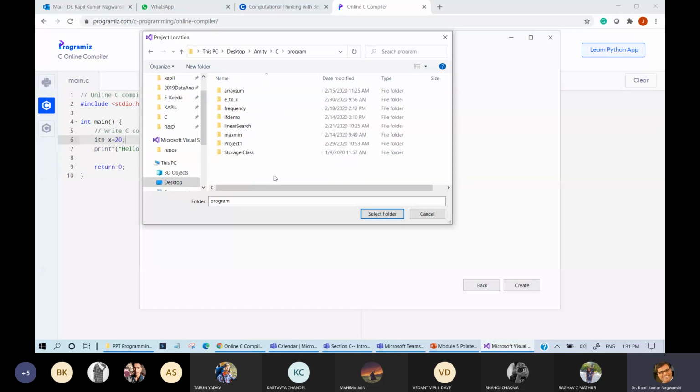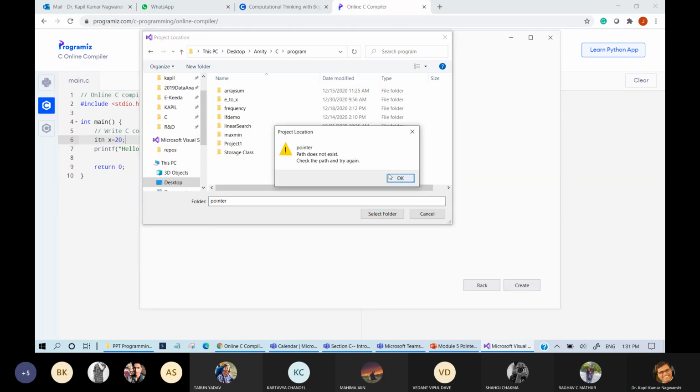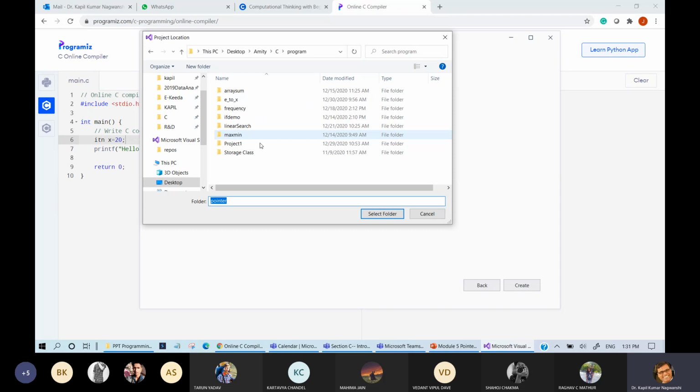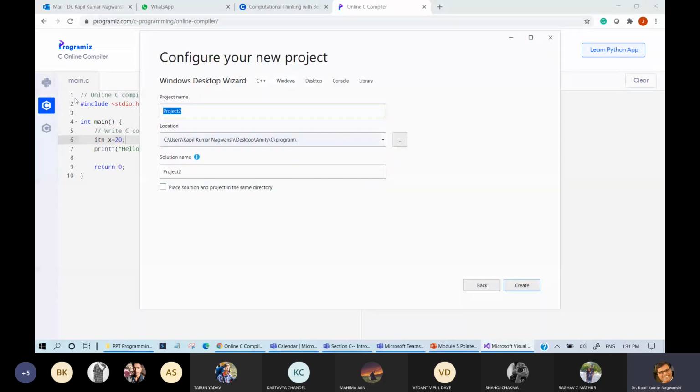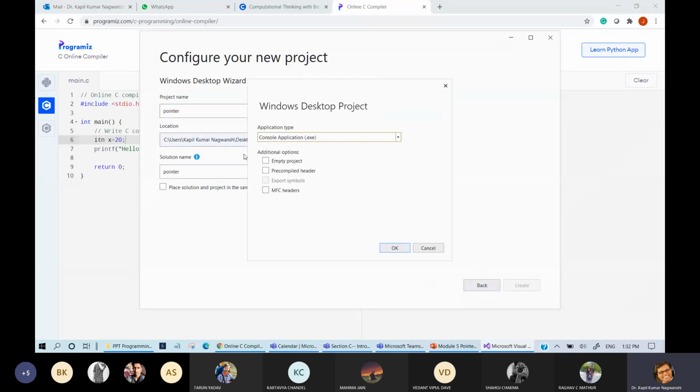This is our program, and the name of project is pointer. Okay, actually this is the folder. Select folder, and the name of project is pointer, and then create, and after that empty project. Okay, fine.